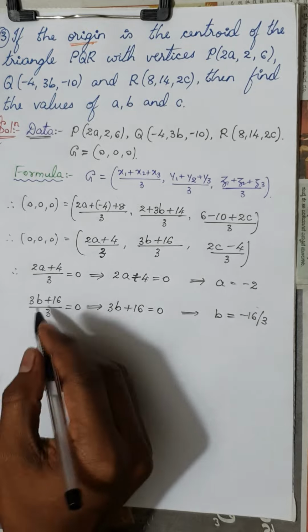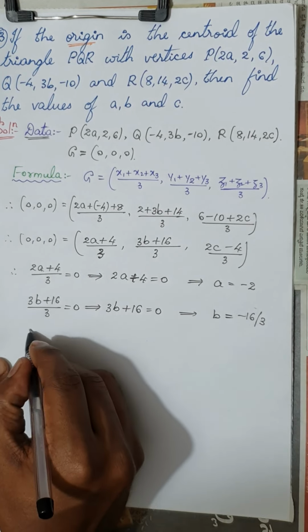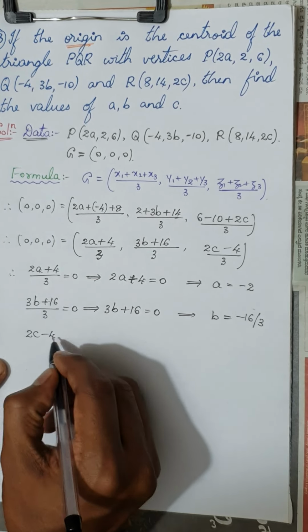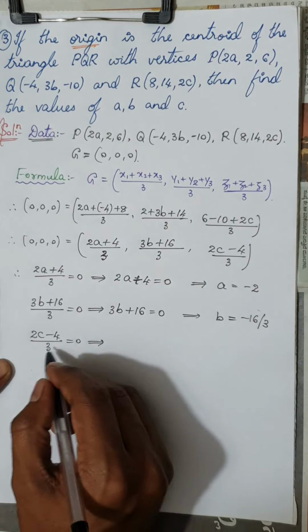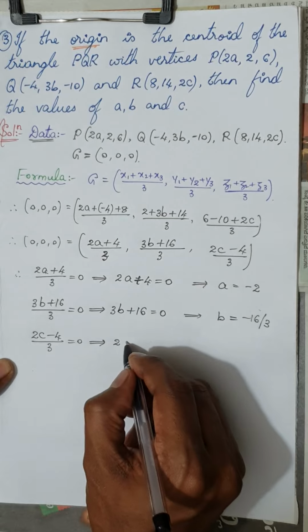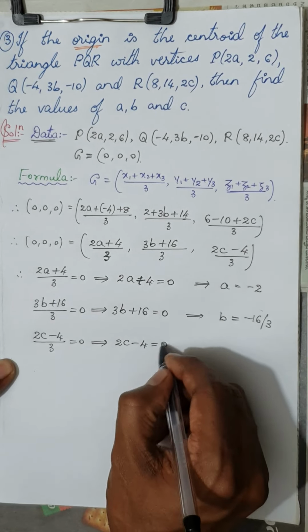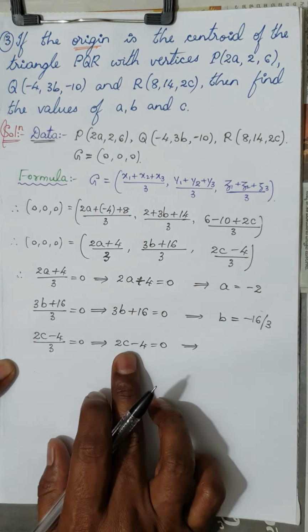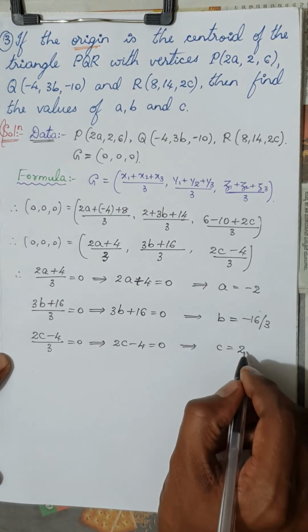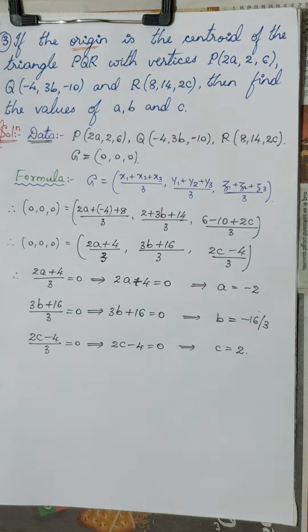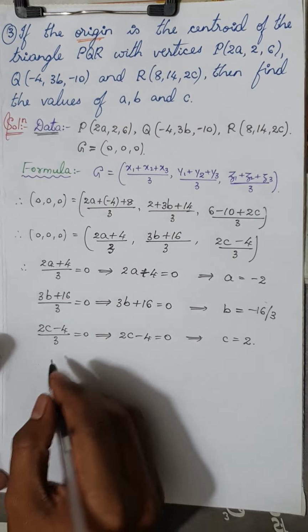In the same way, we're going to find out the coordinates of c. So what we have, 2c minus 4 divided by 3 is equal to 0. As in the previous cases, you will get 2c minus 4 is equal to 0. From here, 2c will be 4. Therefore, c will be 4 by 2, that is nothing but plus 2. So finally you can write: